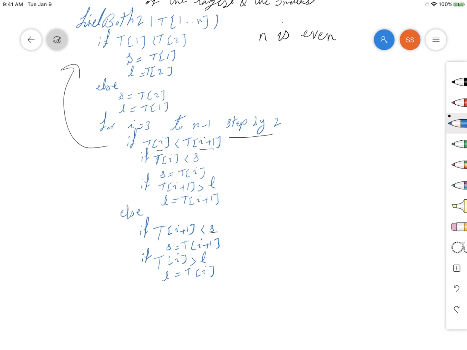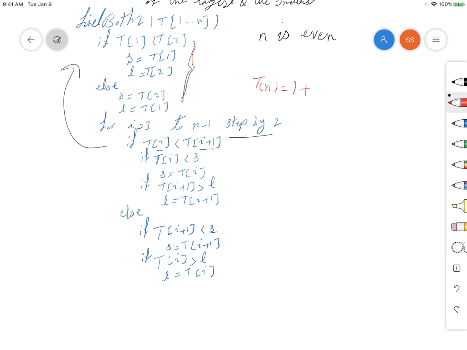So let's see what's going to be the every case time complexity when the number of items is even. So we have an even number of items in an array. First of all, we had one comparison here to see the condition between the first and the second item. So T(n) is equal to one comparison so far, plus